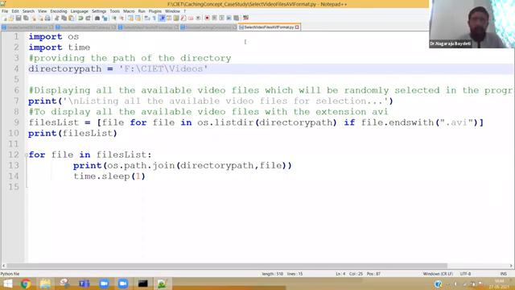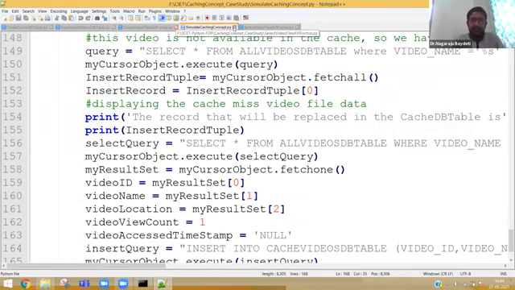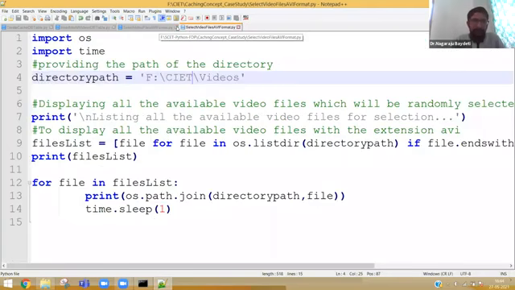Now, what is this file which I have opened? This particular program selects the video files with .avi format.